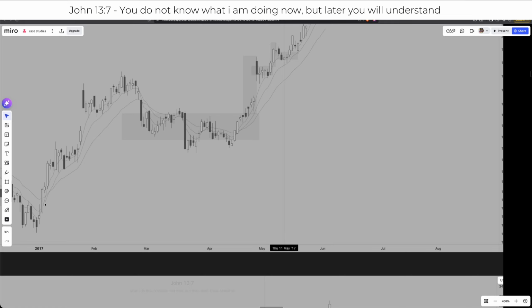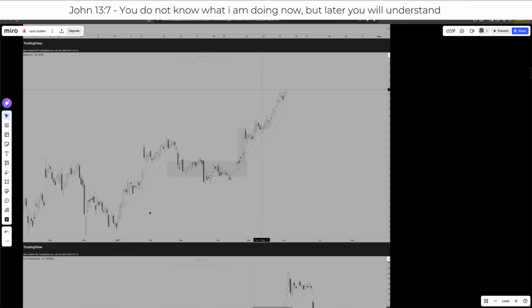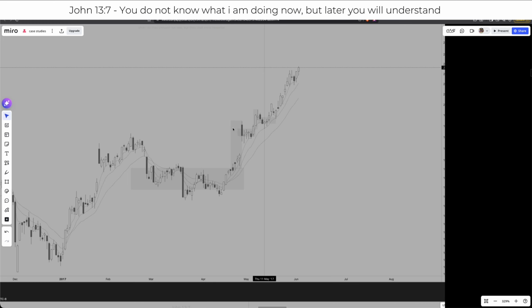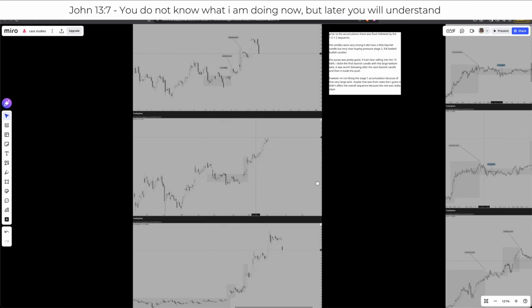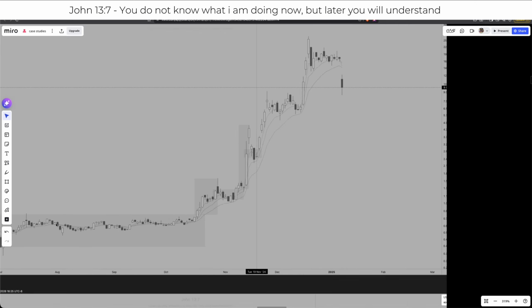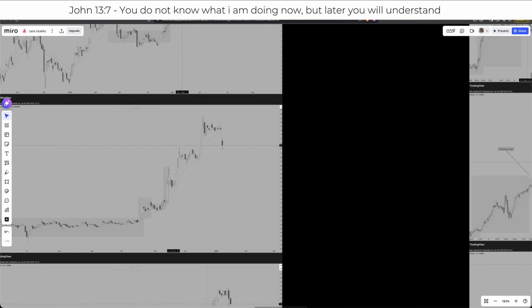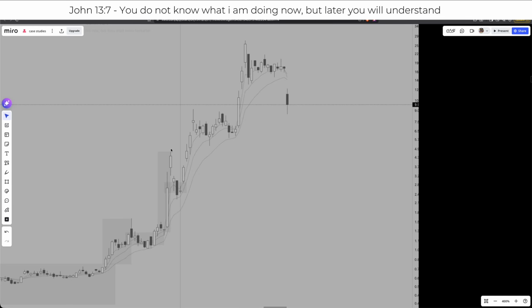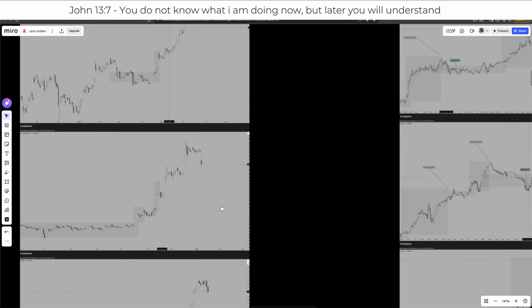So you have your moves up, and then you have your flushes, and then you have the accumulation right here. You have the stage ones. You have a 1-2 sequence. That 2 sequence is clean bullishness, clean selling. So there is very good criteria when it comes to what I'm looking for, very good filtration as well. So prior whatever sideways movement, stage 1-2, 1-2, really good buying, really good selling into the EMAs, and then take